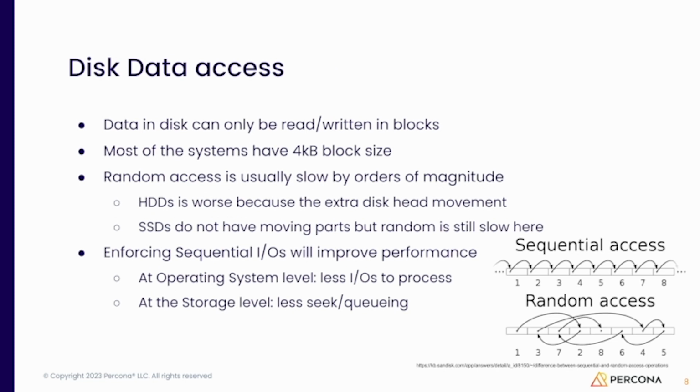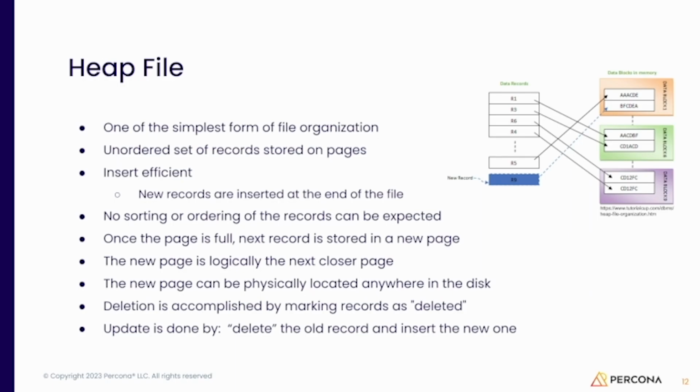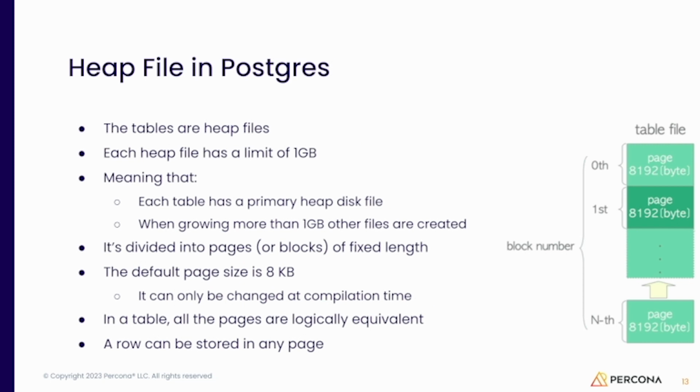locality. When we talk about cache, we have 2 different types of locality: spatial and temporal. It means that when you get one piece of data, the probability that you get something closer to that data is a lot higher than getting something that is further from that data. So if you read this page here, the chance that you need data that's close to this page, like the next page, is a lot higher than that we need data from the other page.